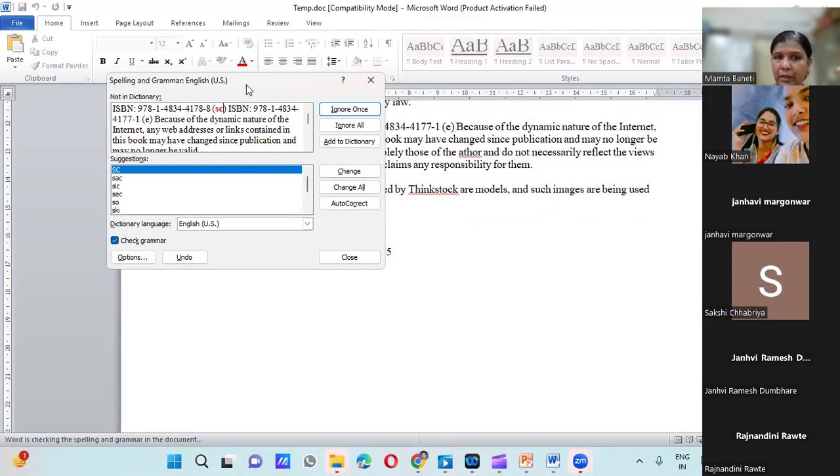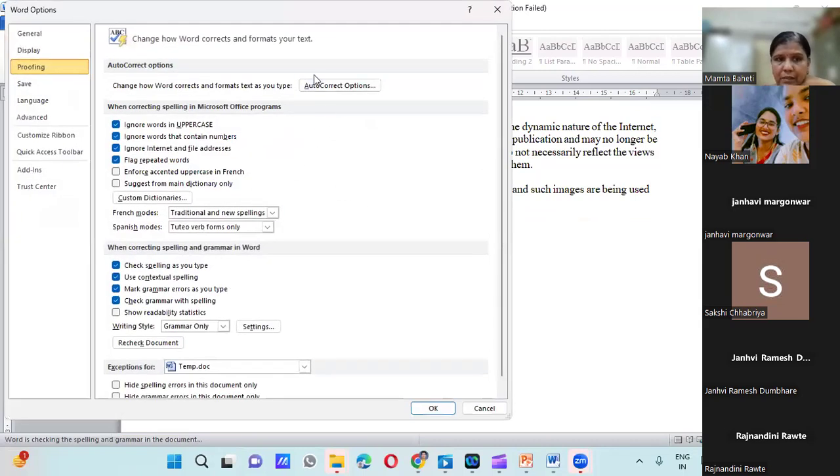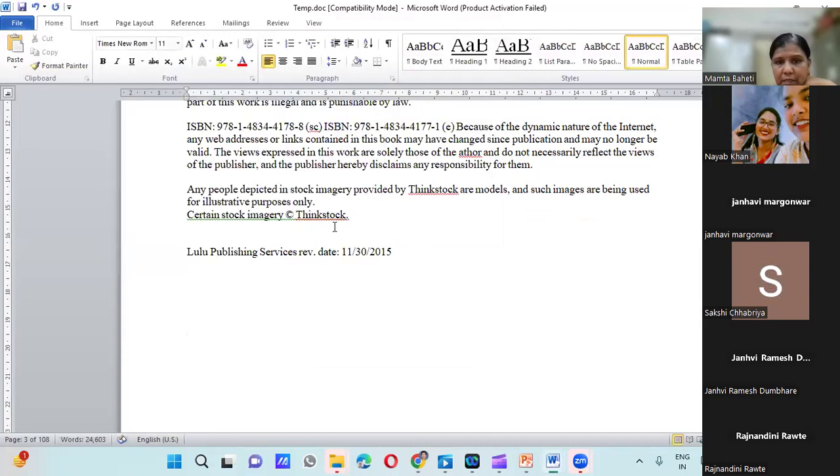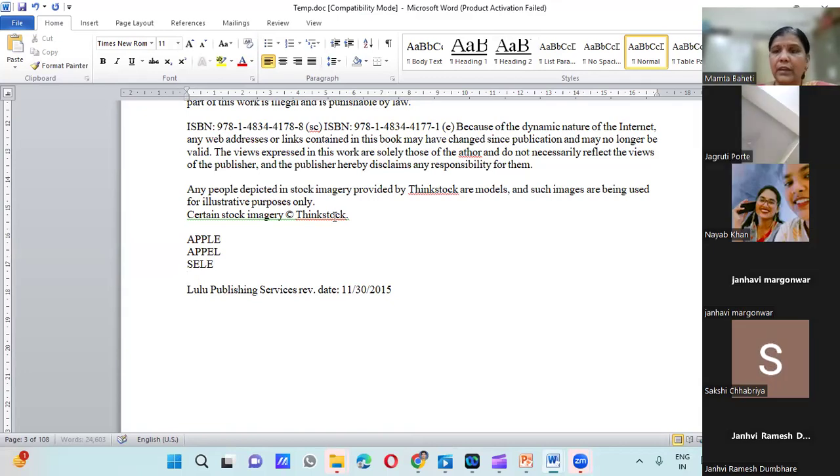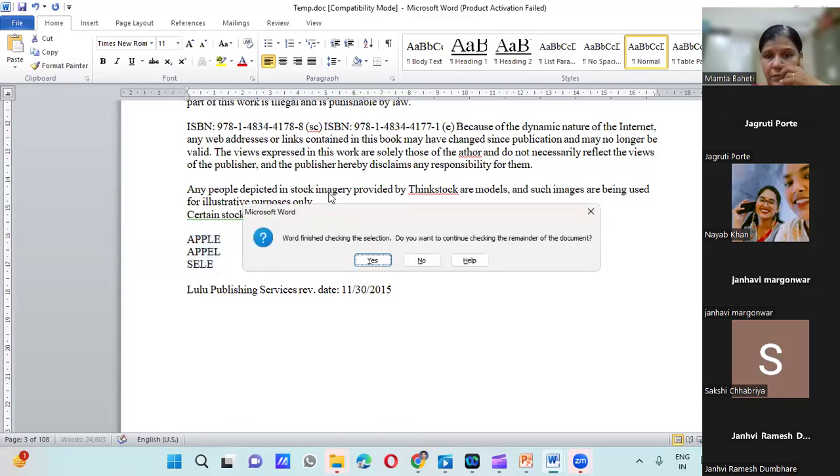So likewise, you can stop the checking of your spelling and grammar. Apart from this, what various options you are taking care of are to be understood over here. While you are typing, see, these options should always be available there. Ignore words in uppercase. If I'm clicking on this and I'm writing like this, just a second, I have made a mistake, that is apple, APPEL, SELE. Okay, so these words, if I select and give the function key F7,